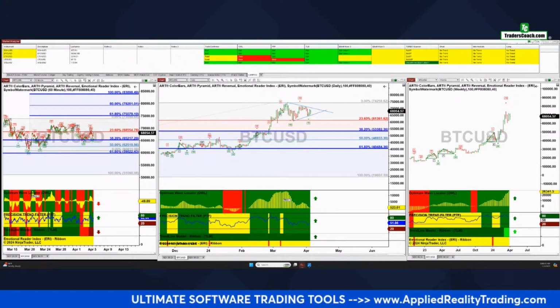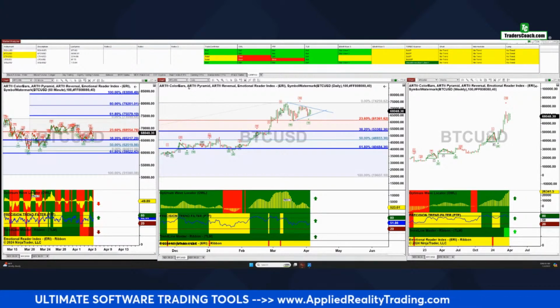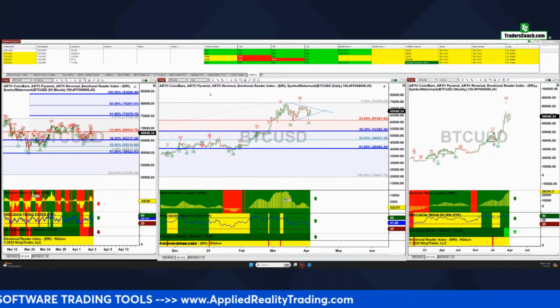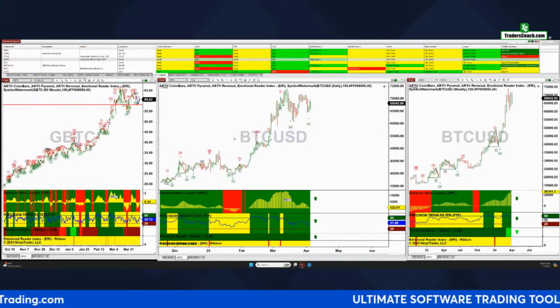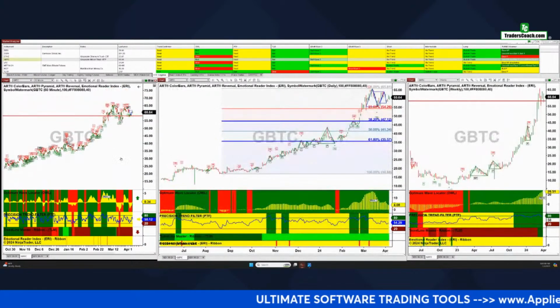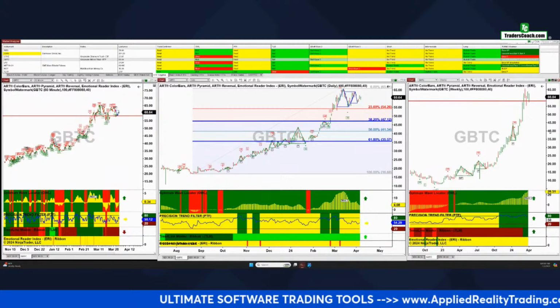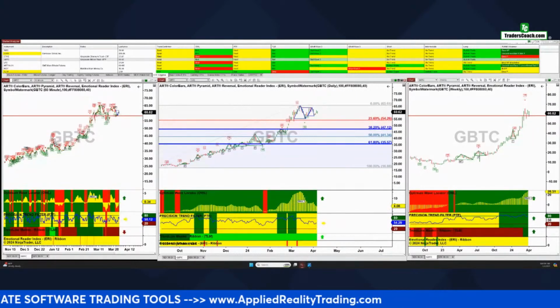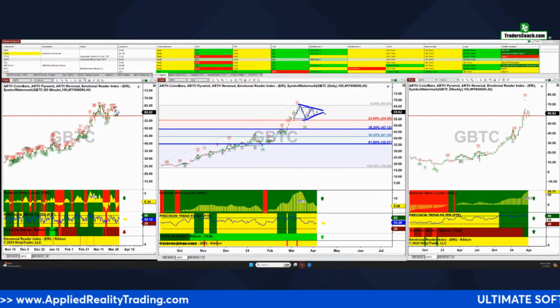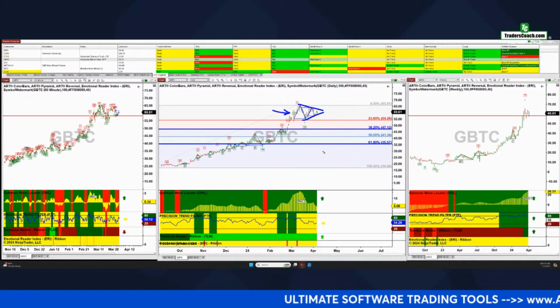All right. The other market I wanted to take a look at here are the ETF cryptos. And I want to quickly take a look at GBTC. A lot of people participate in the crypto market with GBTC. And it's in a very similar situation here. You can start to see the pennant forming here as well. And notice we have a whole bunch of unconfirmed fractal pyramids getting ready for the breakout. So there you have it.